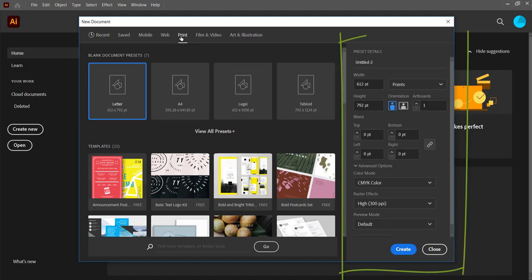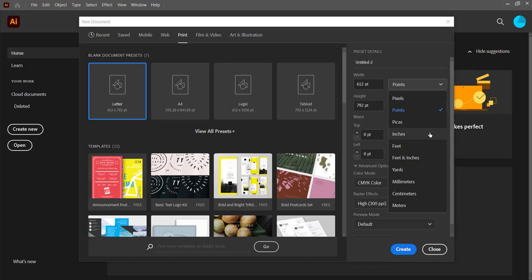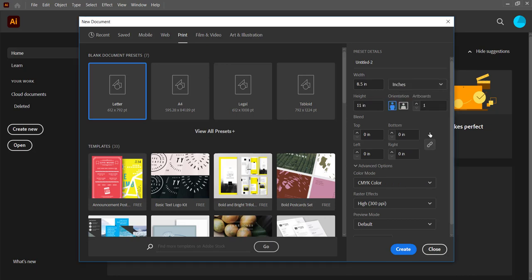Now over at the right is where you can get a little bit more specific with the type of canvas that you want to work on. Now if you are not comfortable with points, as I am not comfortable with points, you can change them here in this scroll bar, and I'm going to go down to inches. But you can see that there's a lot of different measurement options for you. Just go with the one that you feel most comfortable with. Now you can see that our document is setting up to be a standard American-sized piece of paper at 8.5